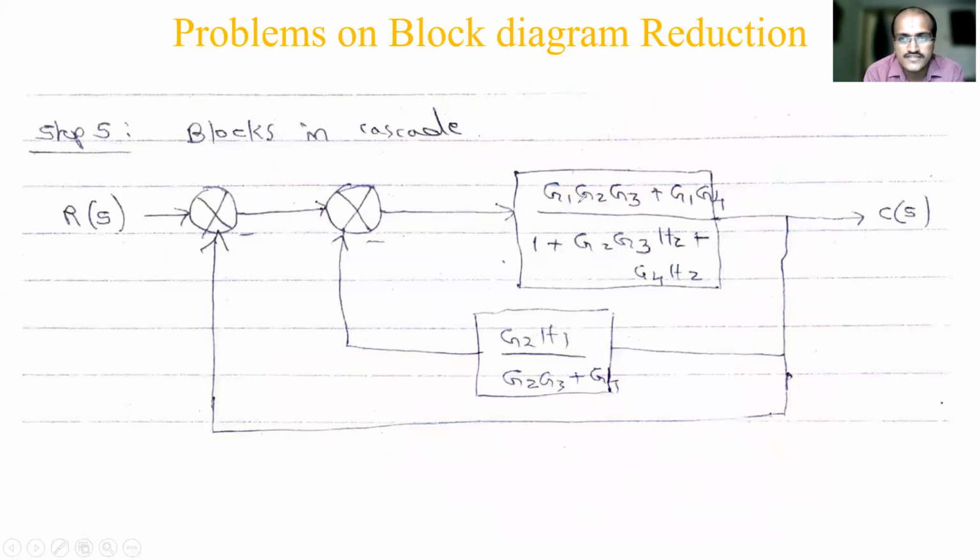Okay. So cascade I have done first. G1 into G2, G3 plus G1, G4. Either I can take it in a bracket or I can multiply with both terms. That's why I have multiplied both terms. G2, G3 into G1, and G4 was there with plus, now G1 into G4. Denominator no changes. This is as it is.